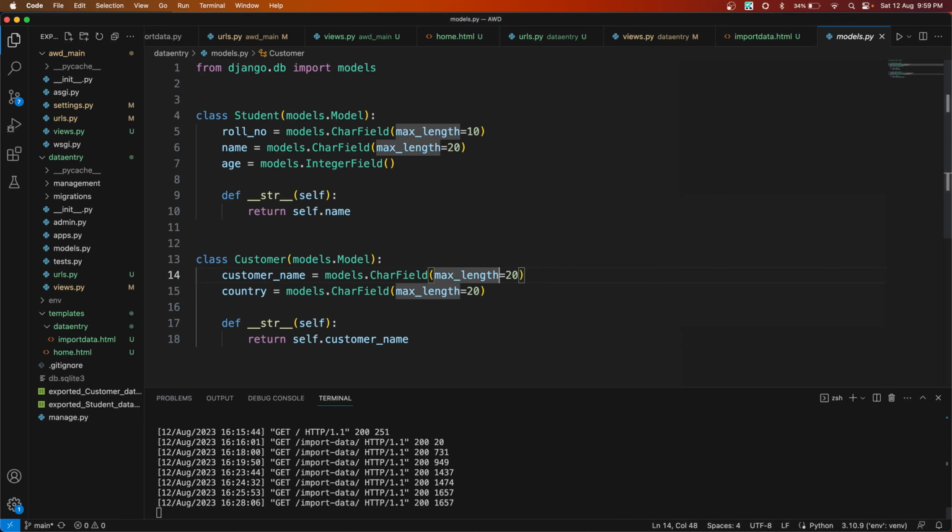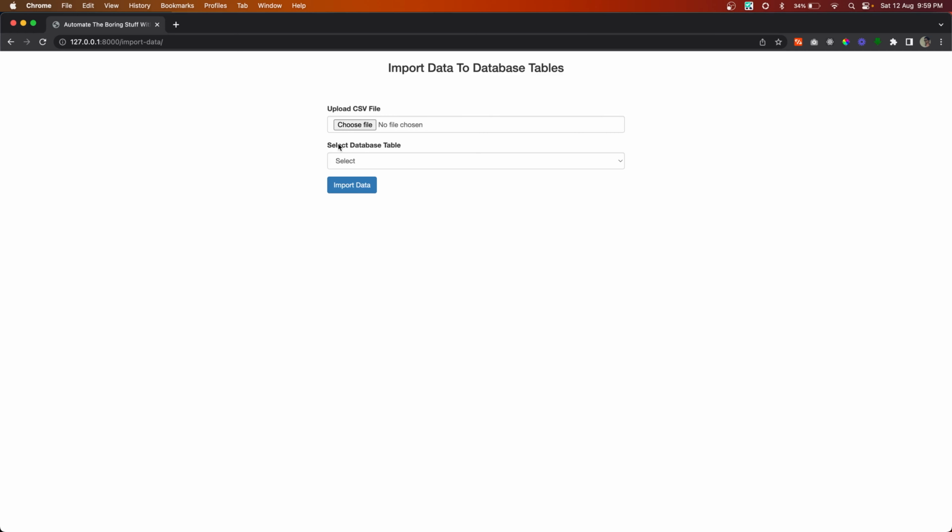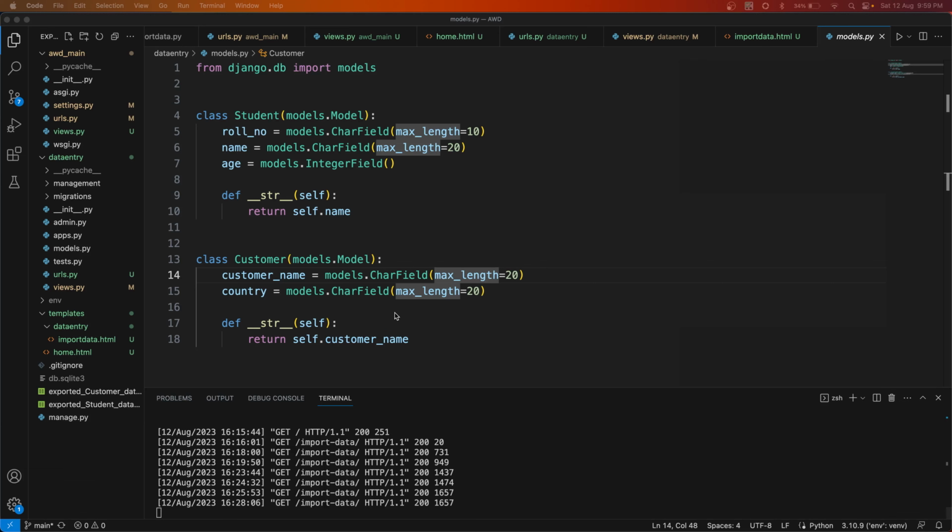All right, so we have made the form, and now in this select box we want to list down all the models that we have in the project. Okay, so let's go to our code and see how we can bring that from the project. Let me